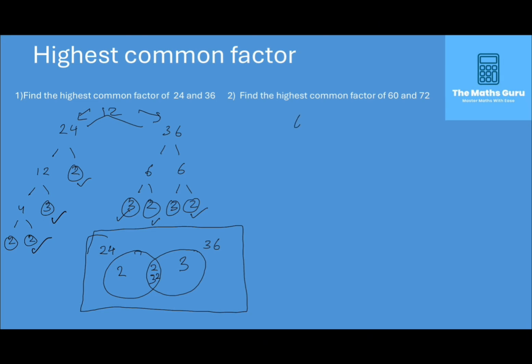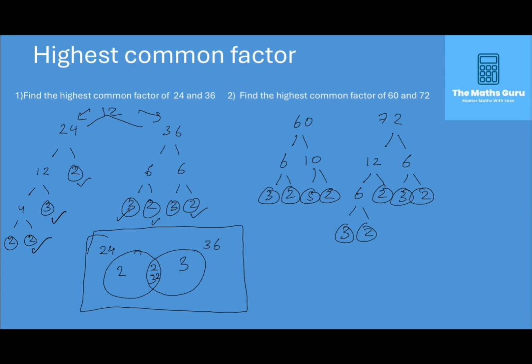The highest common factor of 60 and 72, we use the same method, so I'll break this into 6 and 10, 3 and 2, 5 and 2. Then we've got 12 and 6, 6 and 2, 3 and 2, 3 and 2. And these are all our prime factors. Once again, we plot our Venn diagram